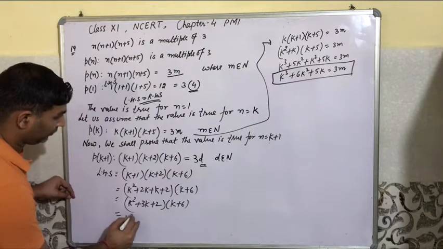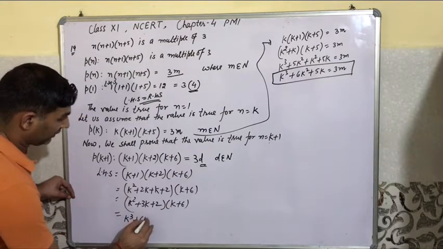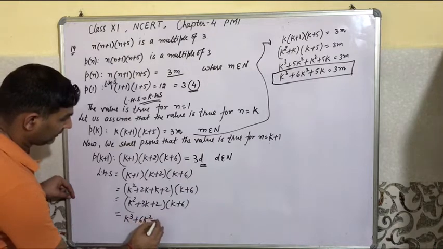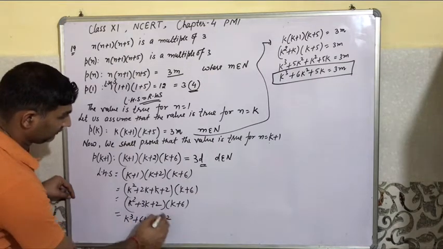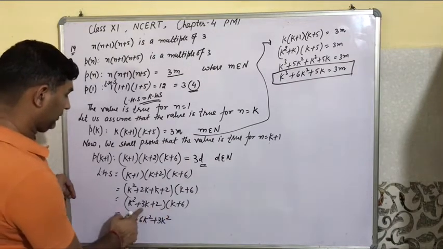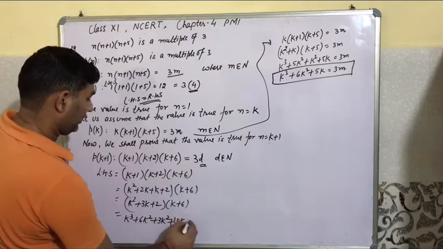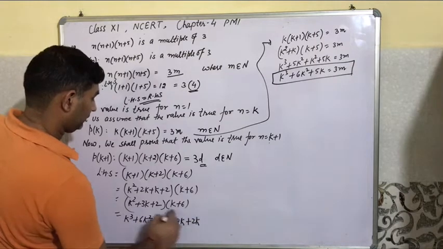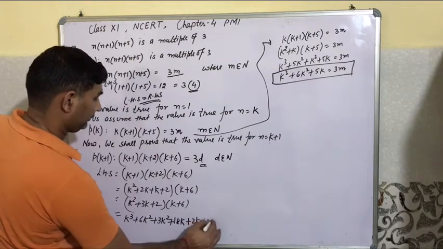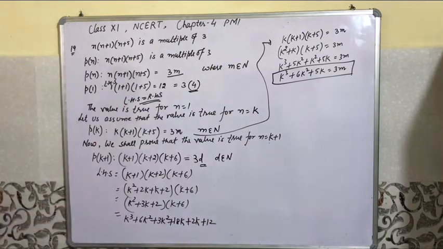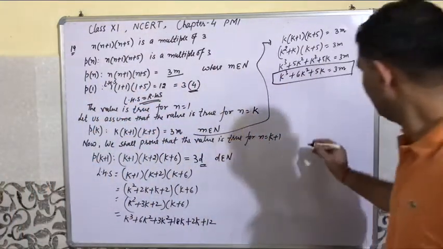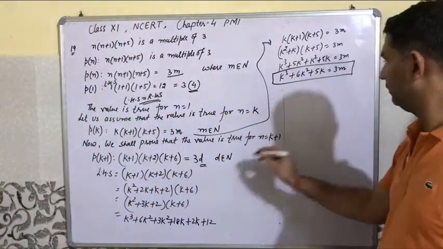Then k cube plus 6k square plus 3k square plus 18k plus 2k plus 12. Now we have this term, then k cube,